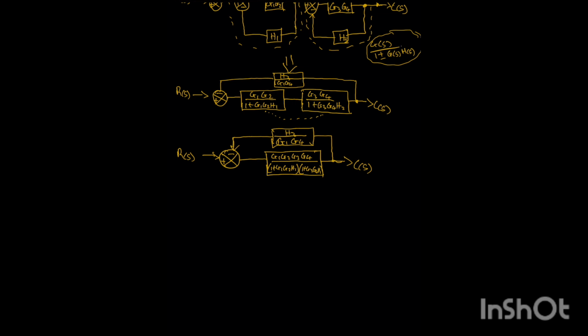So we'll be using G of X all over 1 plus G of X, H of X. So what we are going to have is the transfer function C of X all over R of X is equal to G1, G2, G3, G4 all over 1 plus G1, G2, G3, H1 into brackets 1 plus G3, G4, H2 all over